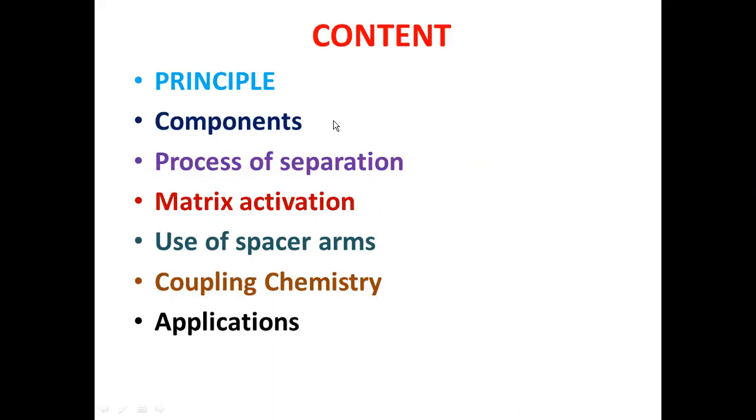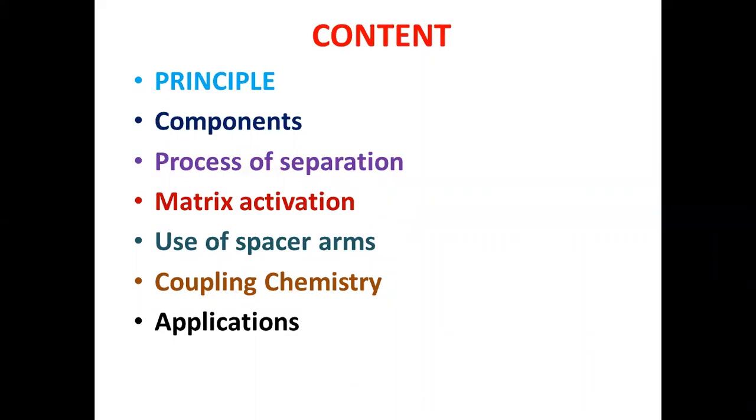So affinity chromatography is one of the important column chromatographic techniques, which is also called the bioselective adsorption chromatographic technique. Why the name bioselective adsorption chromatographic technique? Because this technique is suitable for the separation of biomolecules such as proteins, enzymes, hormone receptors, etc. So it is a very important technique. Without the use of affinity chromatographic technique, the biological laboratories cannot succeed in their work.